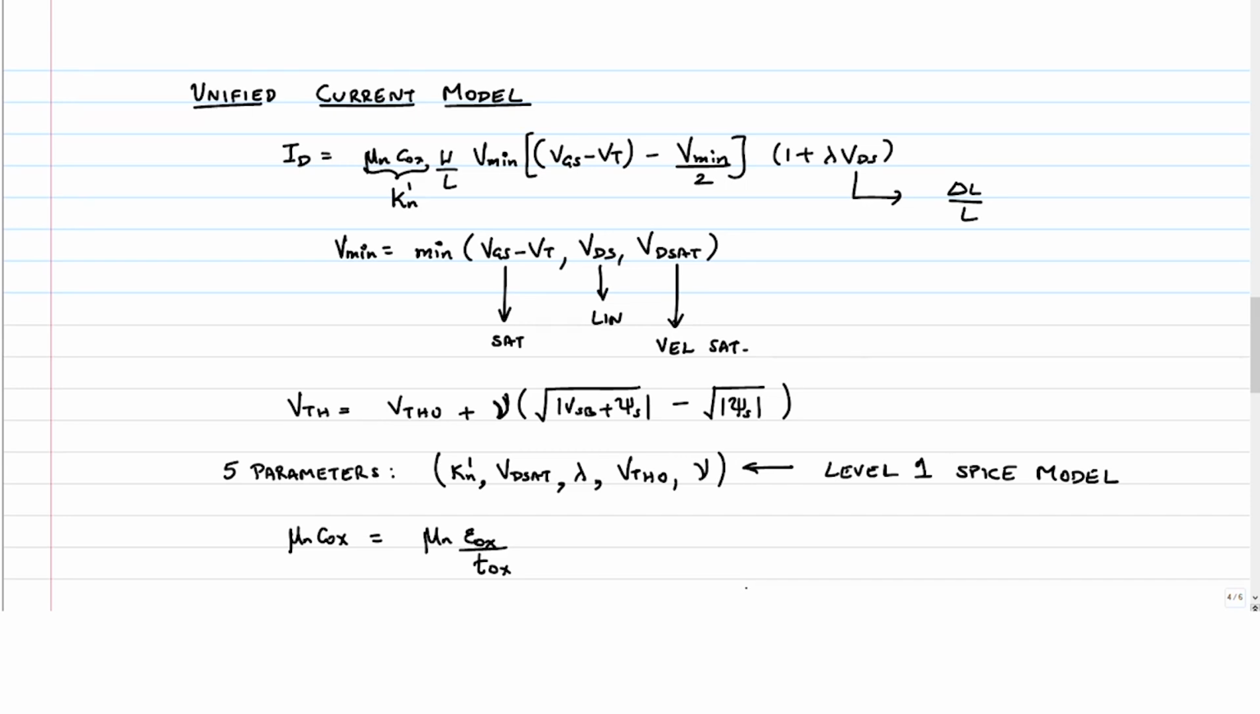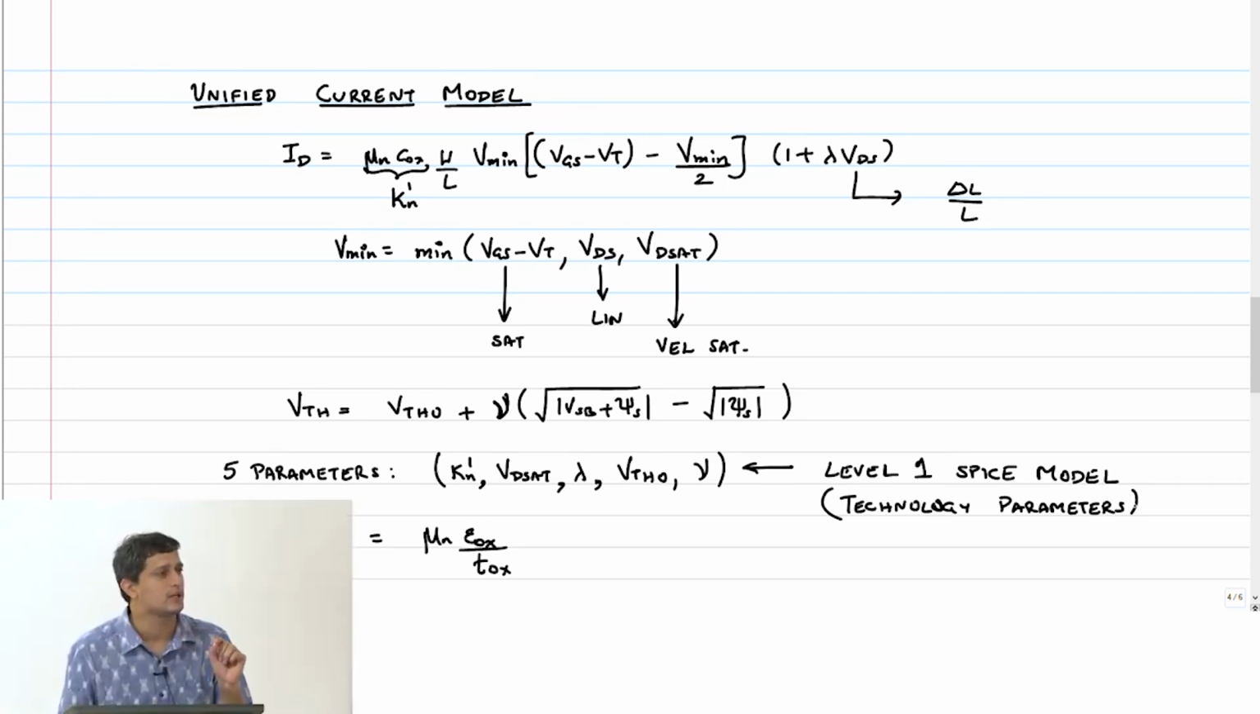Yeah, you can change, or I want to differentiate between two things. One is a technology parameter, other is a design parameter. So these level 1 SPICE model parameters are known as technology parameters. Which means that once I have shrunk my technology to a new node and I have defined the feature sizes and all that stuff, these